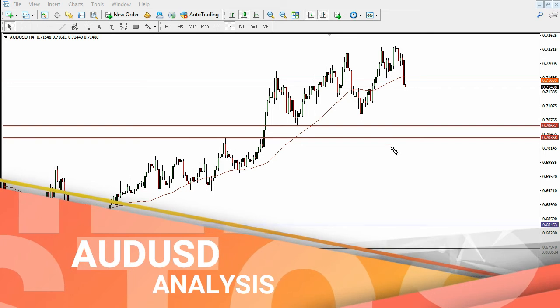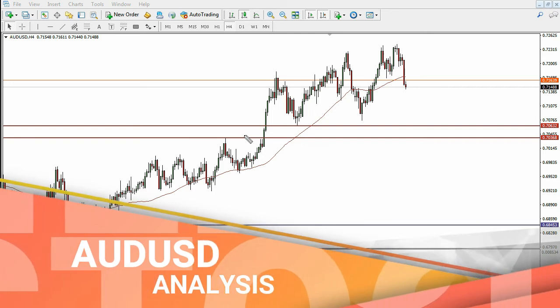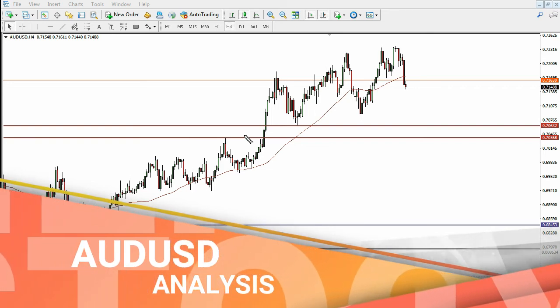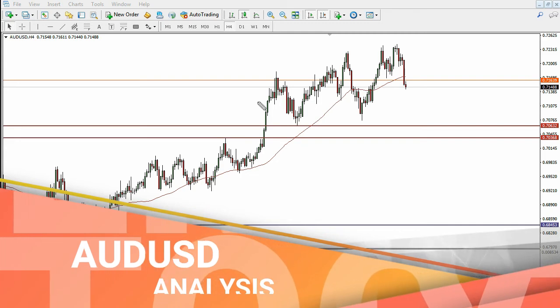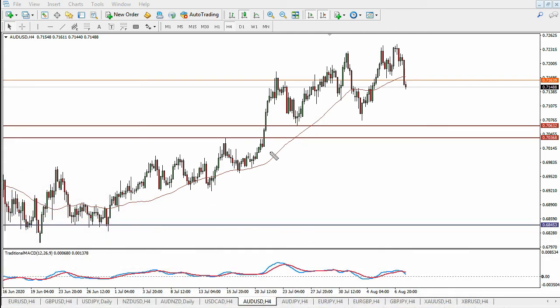So this is the Aussie USD. As I mentioned in my previous videos, after breaking from this area, we might see some breakout over here, but my longer term view about the Aussie USD is a downside move, and the price was moving very decently, as you see here. After the breakout, price moved down, and after a corrective structure, I also told in my previous videos that we might see some